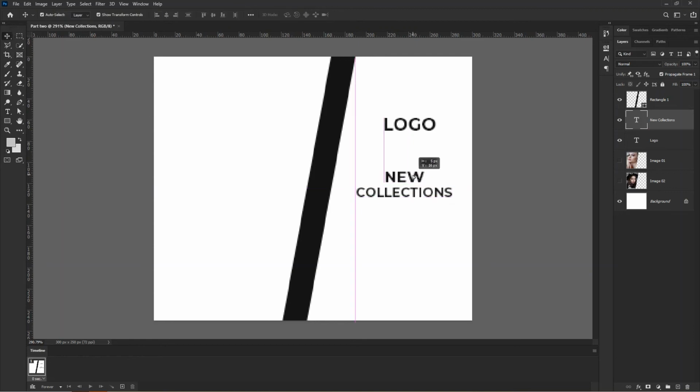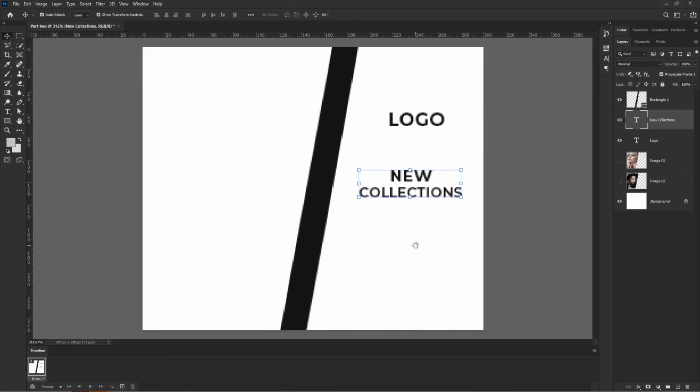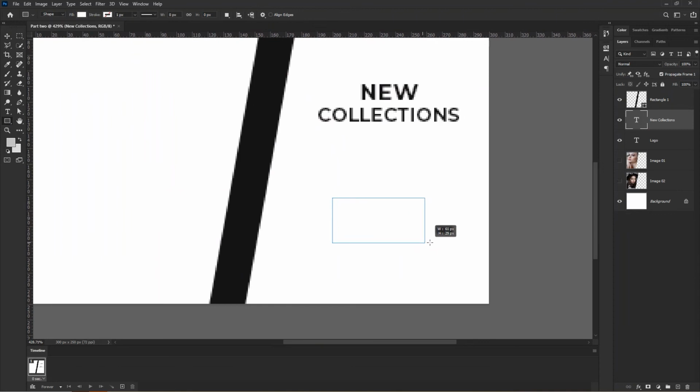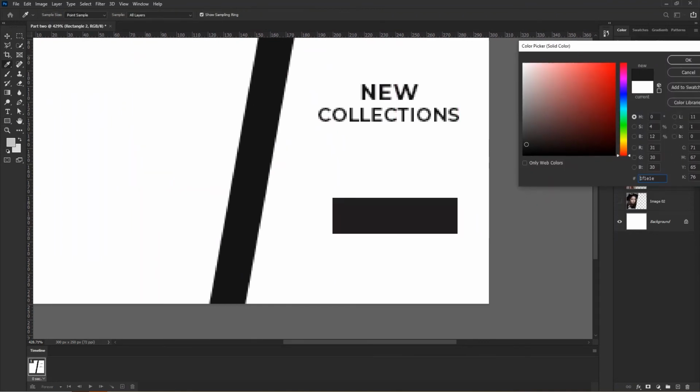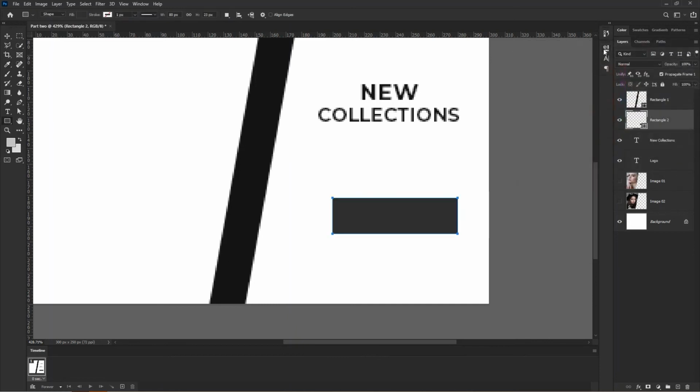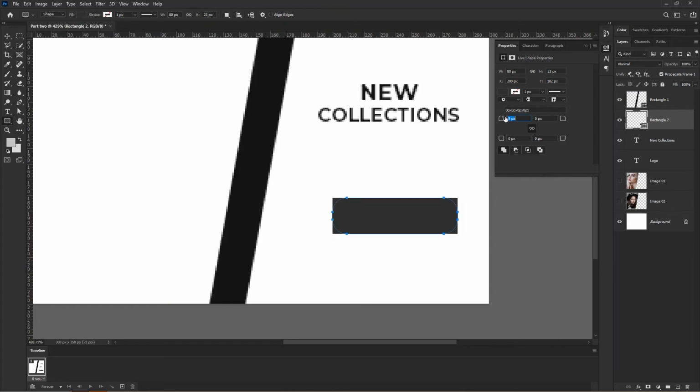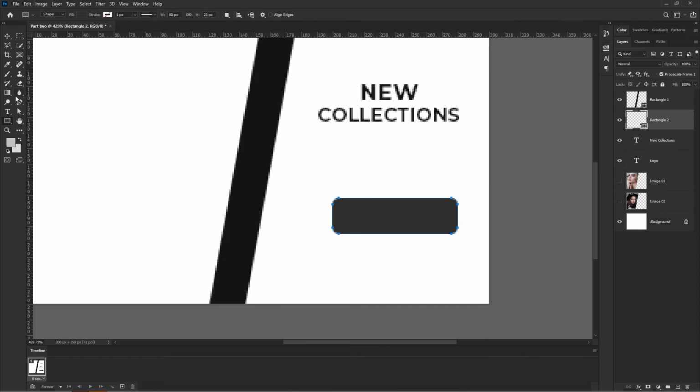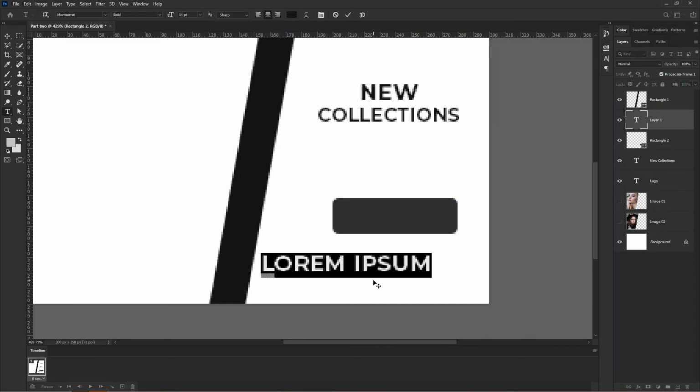So this is for the example of the new collection, and then I make a button to get the attention of the viewer to click on this advertisement. So I make it a smoother corner, and then use the type tool again and type buy now. So use white color,